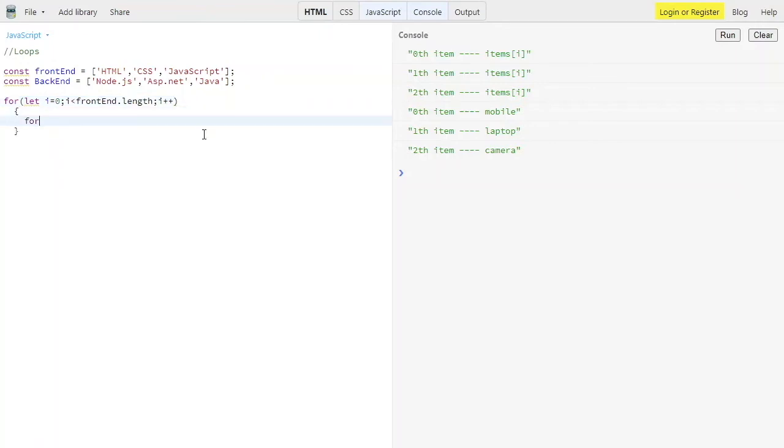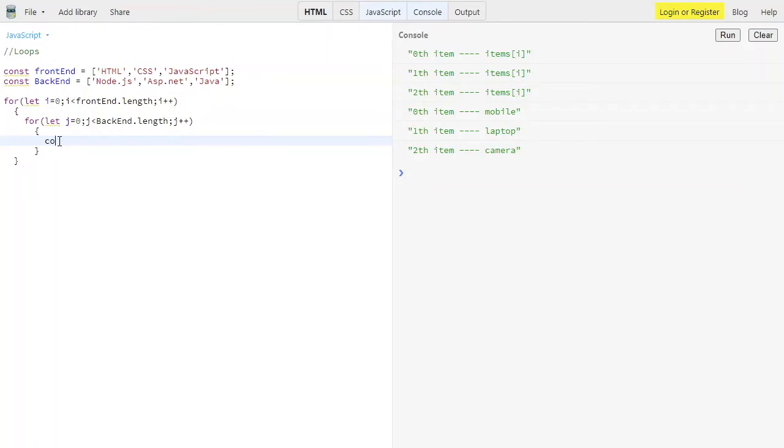I'm using one more for loop over here, putting let j equal to 0, and j is less than backend.length, with j plus plus. JavaScript is case sensitive, so just note the i and j values.